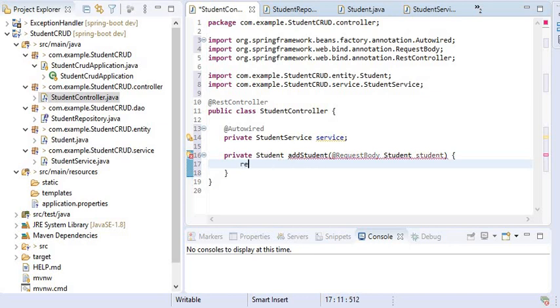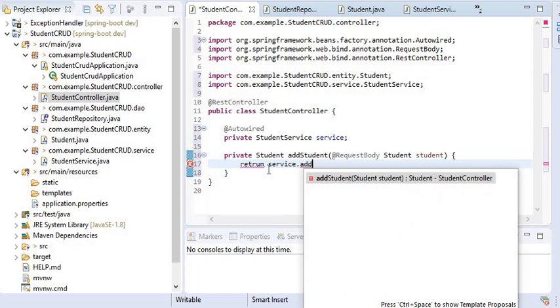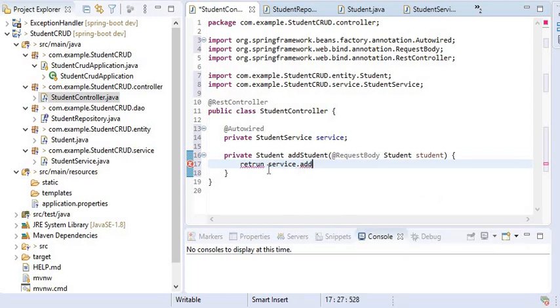And from here I will call my service class, and here I will call addStudent, so now here it will show create method in service layer.